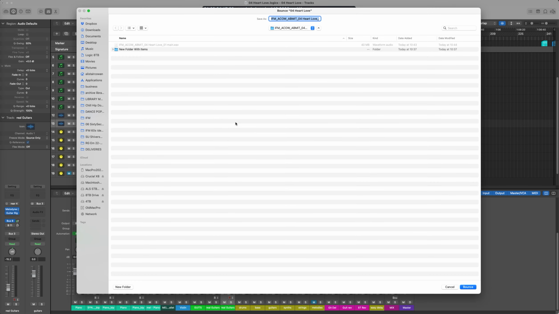I go to new folder, and I go and I underscore. So it's the same as here, but I'm going to call it 2 underscore. And this helps if you're sending it through to a mix engineer, it's kind of sequentially named, so he could actually lay these stems out on a mix, and he'd know exactly what it is. So it's important to do that. So that's named that,